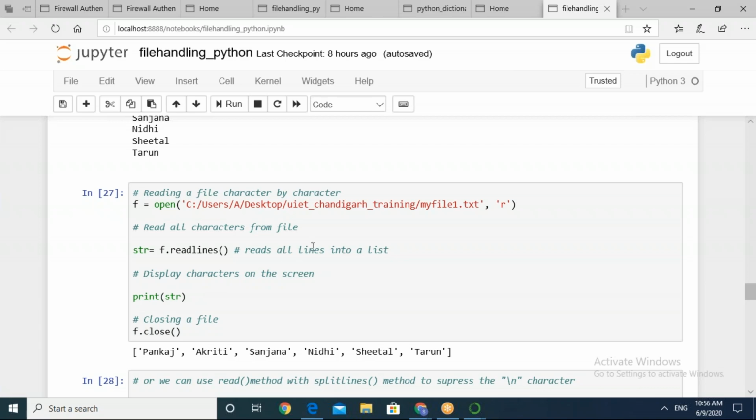So what it is going to do, it is going to read all the lines into a list, because in that file we have only entered the strings. So you can observe the output here. Now I have just created a list out of the lines in the particular file. So in my file 1.txt, I was having strings stored, and each individual line is now shown to me as a list element. So do this readlines method.